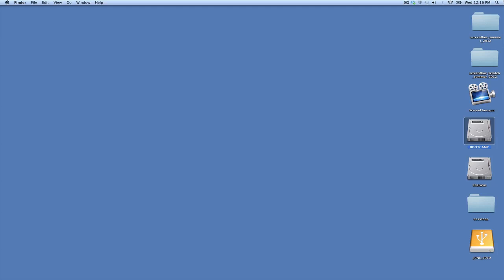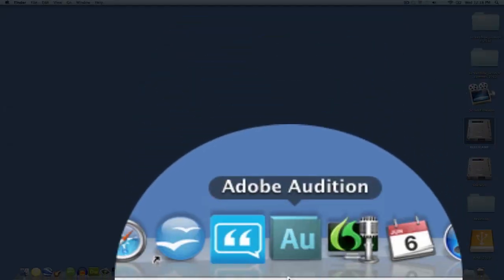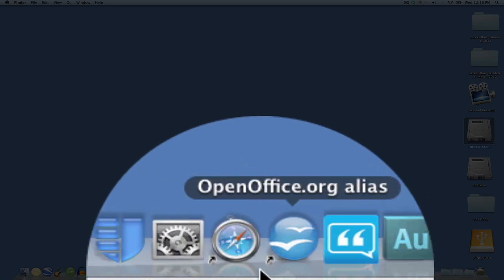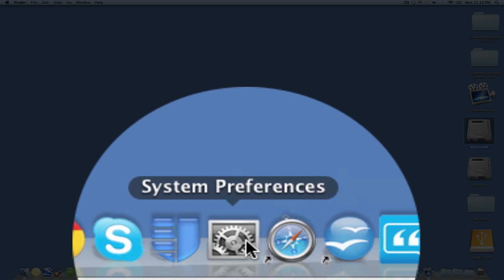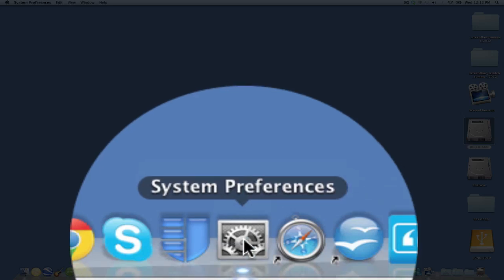The first thing you need to do is set your general preferences on the Mac. So go to your desktop and look at the dock. You're looking for System Preferences. These preferences control the general operation of the Mac. The icon you're looking for looks like machine parts, and it says System Preferences. Double-click on System Preferences,